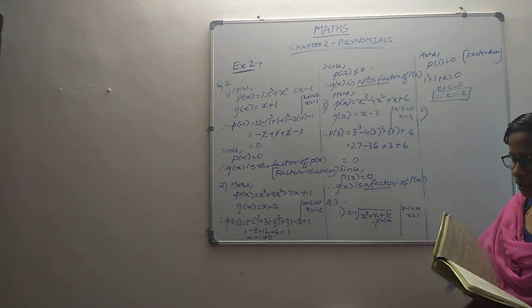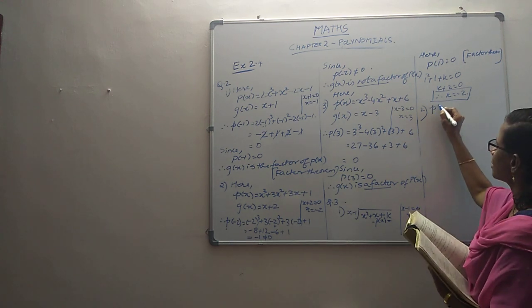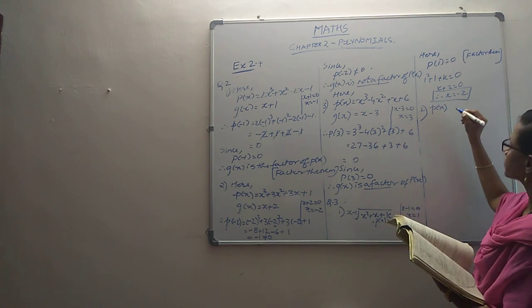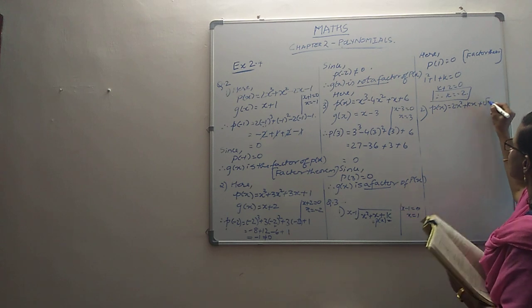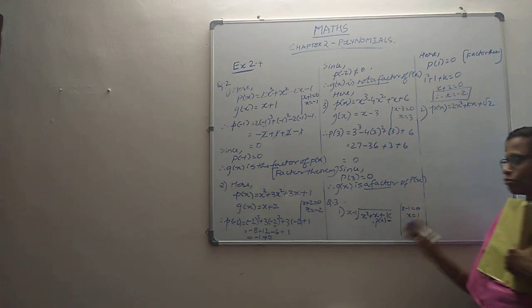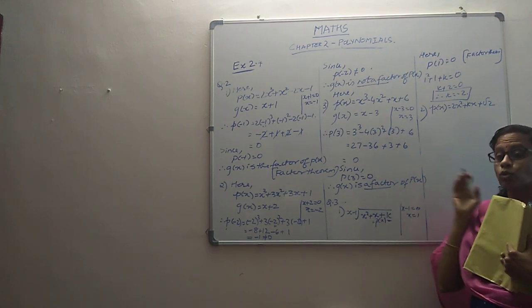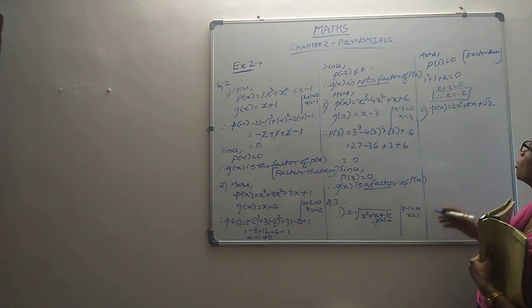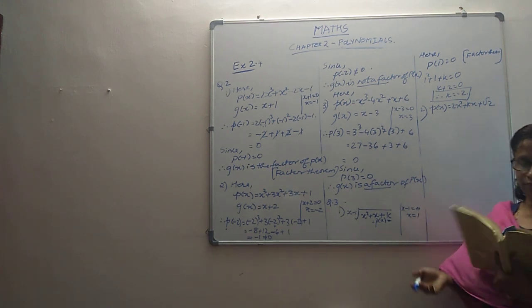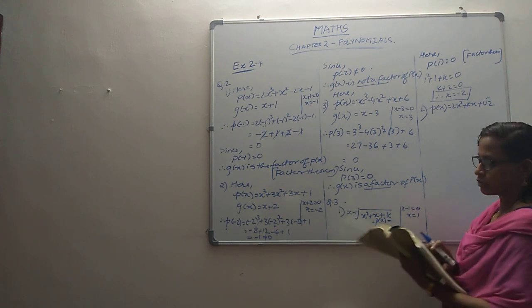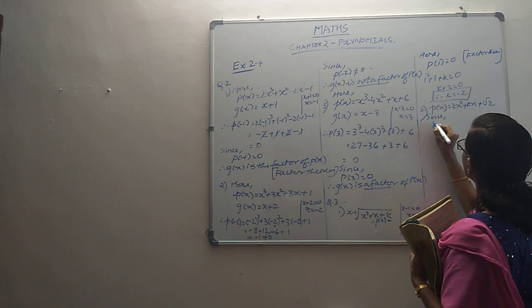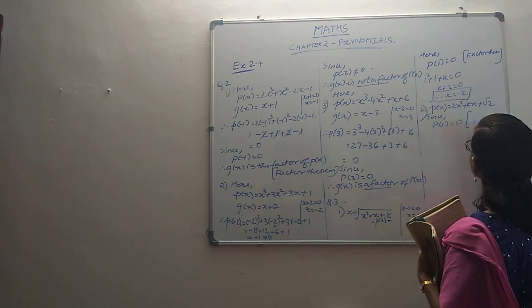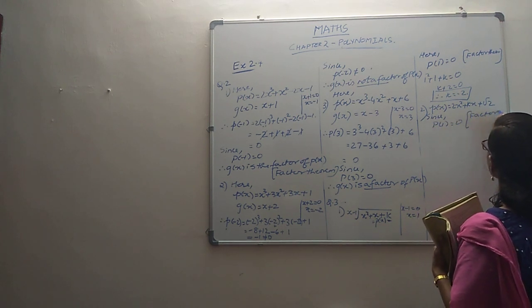Next one, the polynomial that is given to us is the same idea. The polynomial that's given to us is 2x squared plus kx plus root 2. Same idea as we have done there, because you know that x minus 1 is a factor. We know that p of 1 is 0. We have to find out what's the value of k. So let's see what comes up. Therefore, since p of 1 is 0, why we get this by factor theorem? It's given to us by factor theorem.